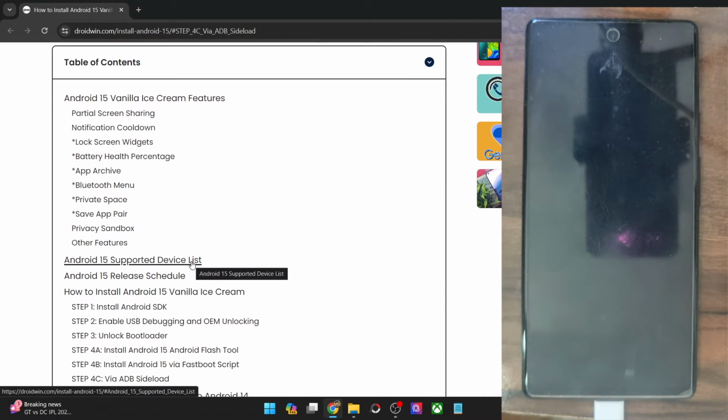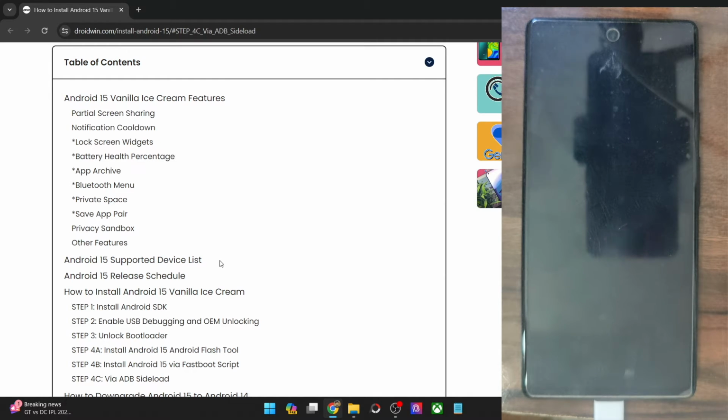and if it is possible from your end, please unlock the bootloader as well. I know it's not a requirement and there are a few drawbacks of unlocking the bootloader, but if that is possible from your end, do unlock the bootloader as well. I will link a guide on how you could do that. Unlocking the bootloader will help us in case something goes wrong, then we could easily fix and rectify all the issues using the Android Flash Tool or using the fastboot command.